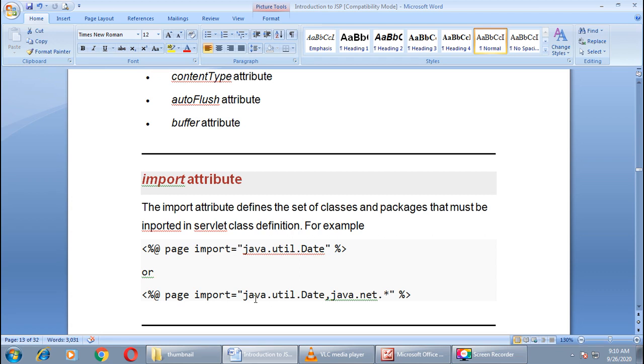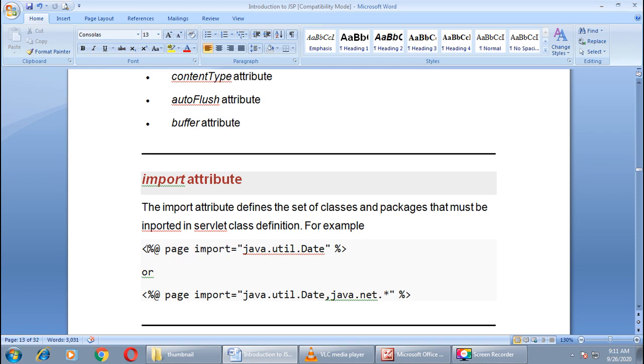For example, here I want to import a util package in my JSP code. How can we write it? See, we need a scriptlet tag, then we will write the @ symbol, then we will write page because this is our page directive, then which attribute do you want to set? Import attribute, right? See, if you compare this tag with an HTML tag, it becomes very easy for you.